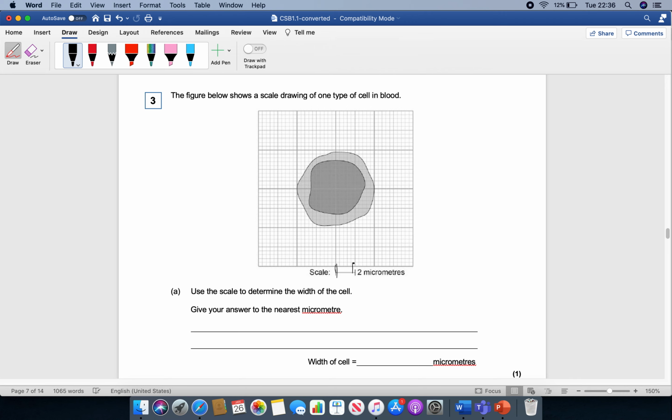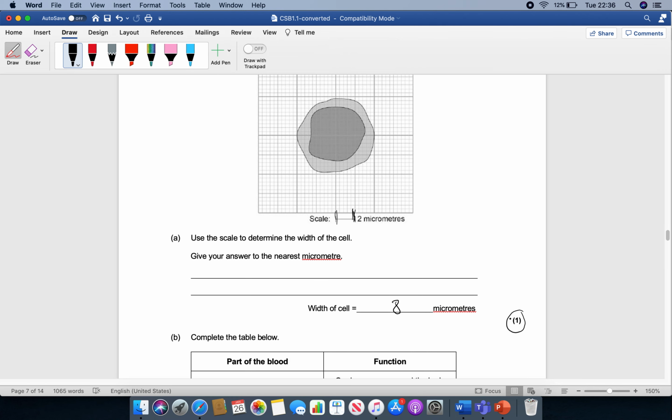The simple answer is to measure this out to the scale it's given. It would be 8 micrometers to the nearest micrometer, and you can give a reason for your answer over here,